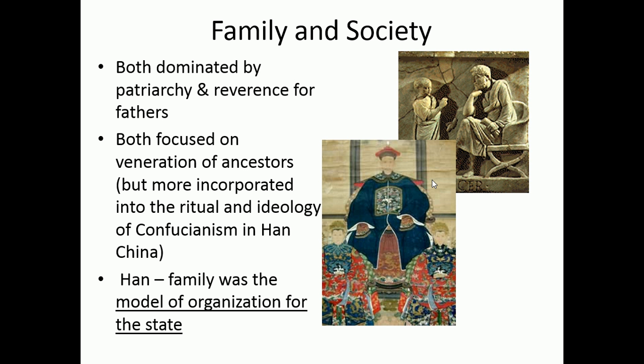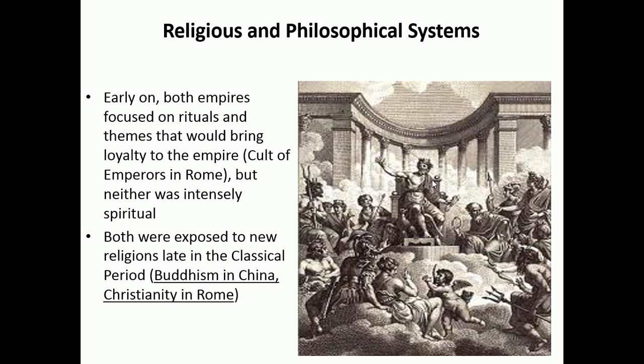That concept of the emperor as a father, conducting proper Confucian rituals and having proper Confucian behavior really sets the tone for what the government is supposed to look like in China, in a way that it doesn't in Rome. Nobody in Rome really views the emperor as a father figure. He's just viewed as a military leader.